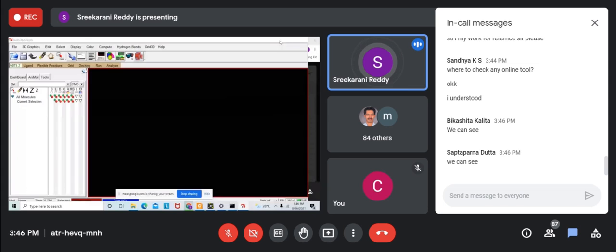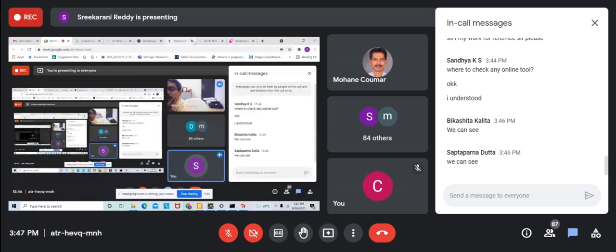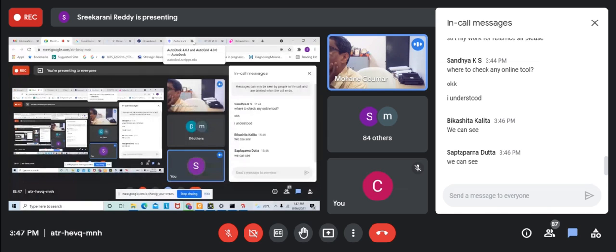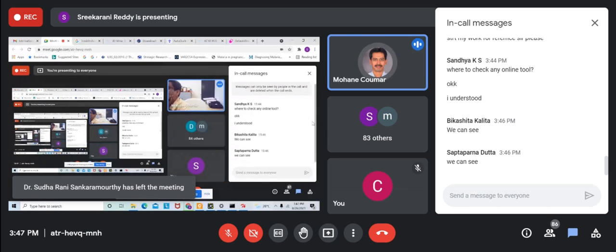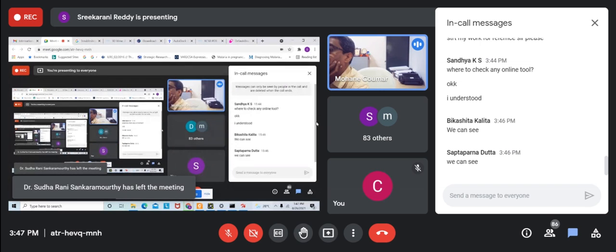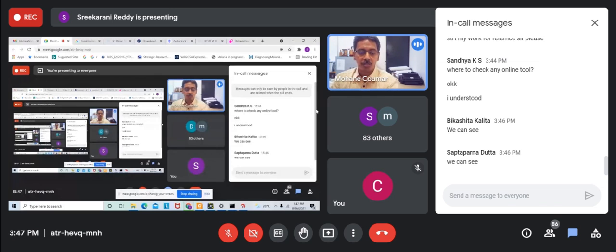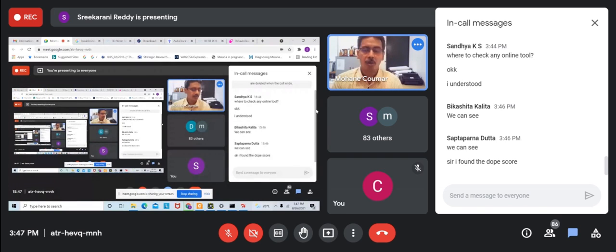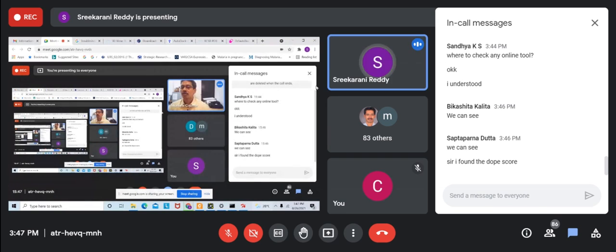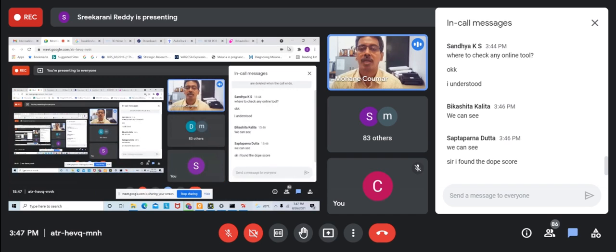Good afternoon, everyone. Actually, there is a query regarding the modeling part. They want to know where our log files are from Modeler, once we get the result, which model we are choosing as best. The best model we'll choose based on the DOPE score and others. Can you go back and show where your results get saved? Model 1, 2, 3, 4. You have the results, right?